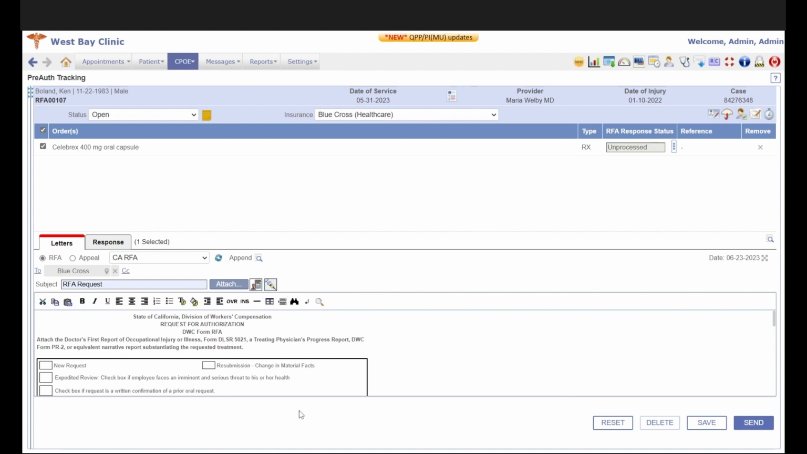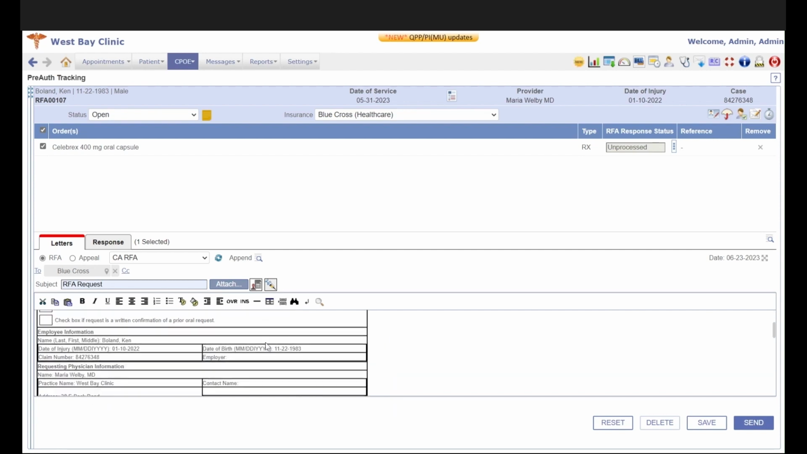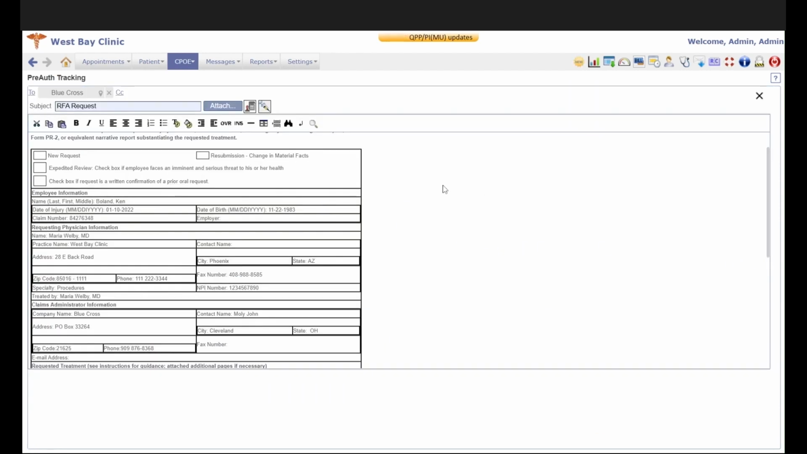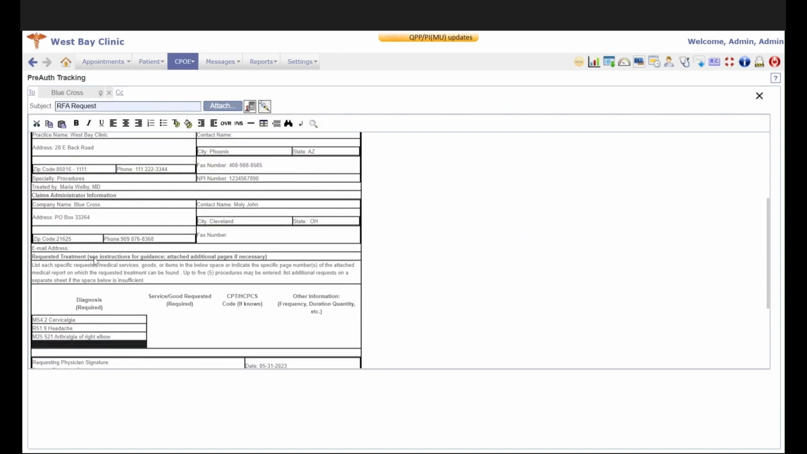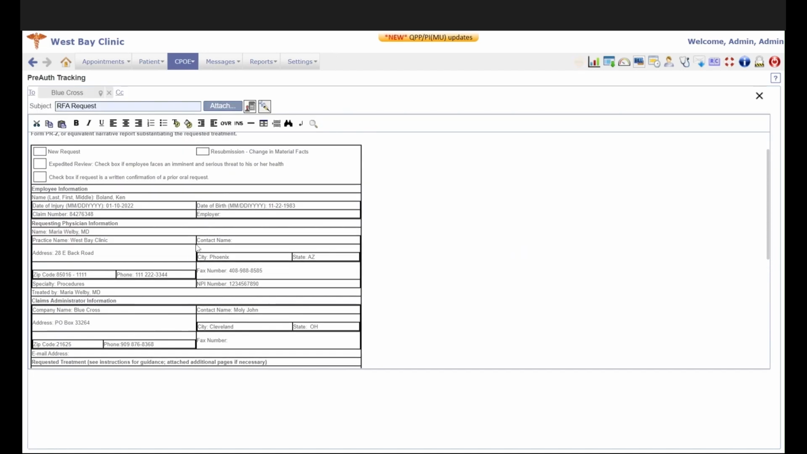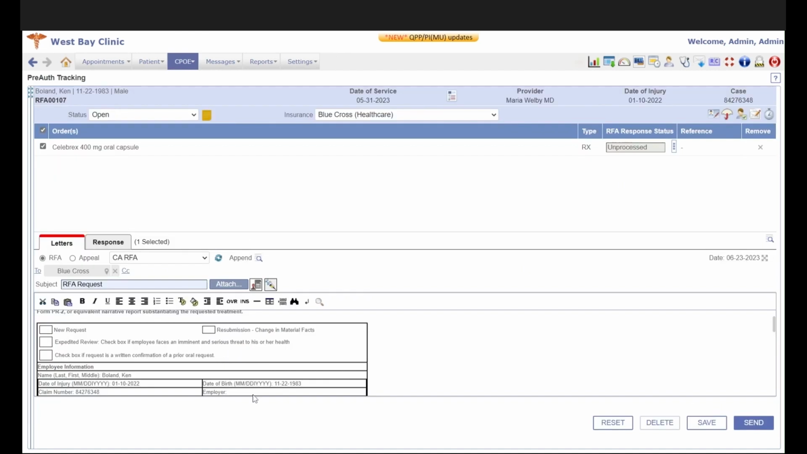Down here, you have your actual letter showing in the box below. You can actually make it bigger by hitting that button. So you have your letter here where you can fill in the blanks. It should carry over most of the information from the encounter that you were just on. And then when you've got everything complete, you can hit save